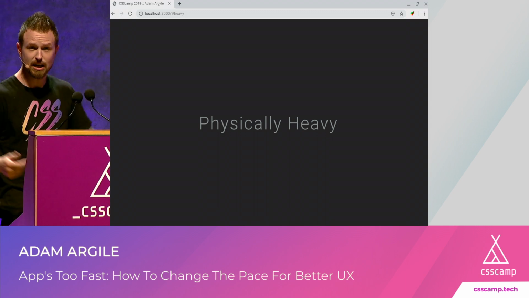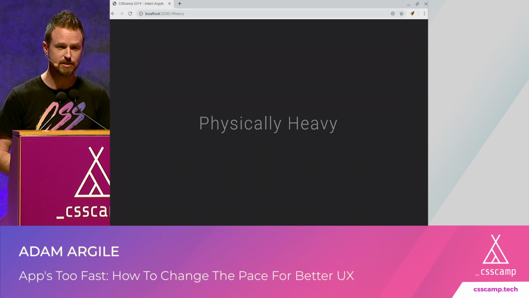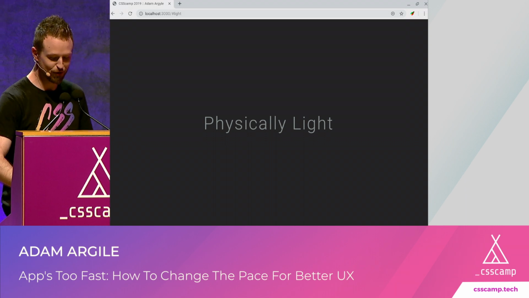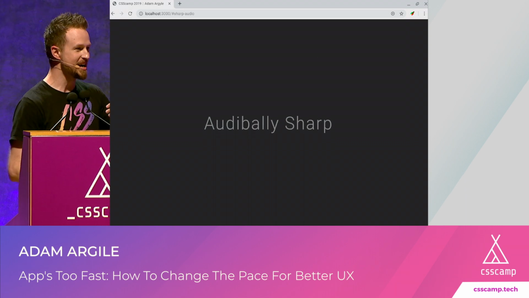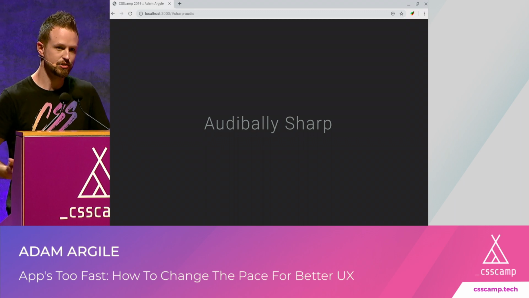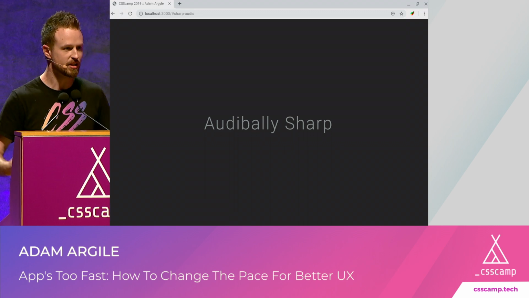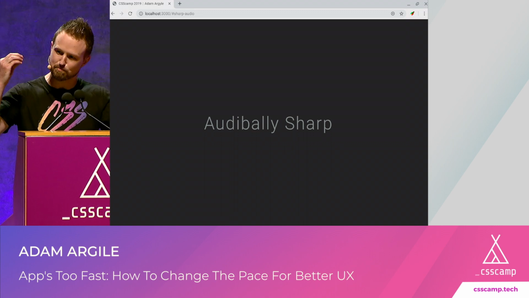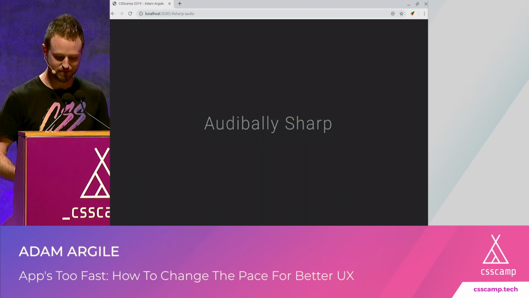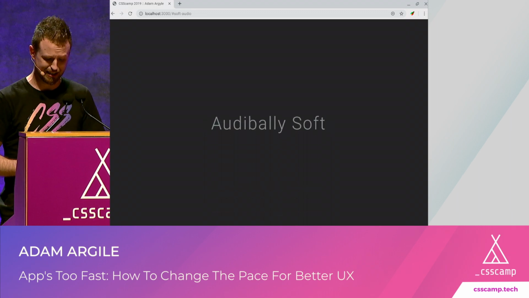Physically heavy. You got physically heavy things in your house or in your apartment. You have things around you that are really heavy, but you also have things that are physically light. I don't know if you know where we're going with this yet, but we're going to get there. We have audibly sharp. So these are things that, gunshots are audibly sharp. You play video games that have audibly sharp music. There's a lot of things that enter your ear and they pierce, and that's okay because that was their purpose probably. I have a couple kids. They're pretty audibly sharp sometimes when they're happy and sad.